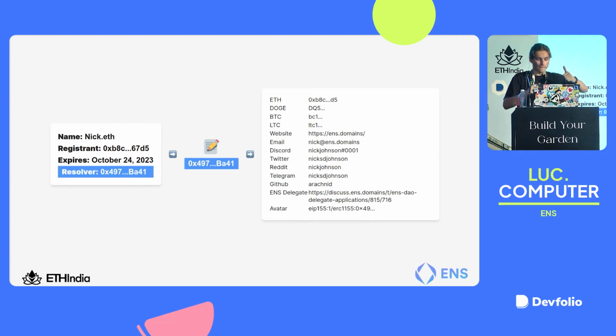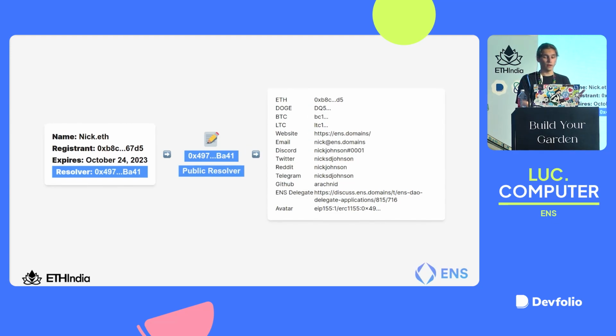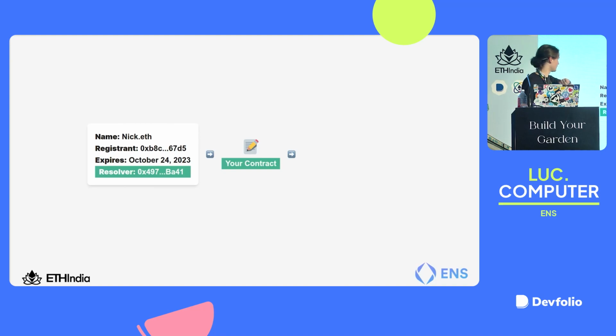Cool. This is the public resolver, like I mentioned. But this can be your code. This can be your contract. Everything from here on outwards can be fully customized. What this means is that your contract can return your ETH address and an avatar based on the day of the week, based on your portfolio, that is your profile picture, whatever you'd like to do, what NFT club you've joined, or anything along the lines.